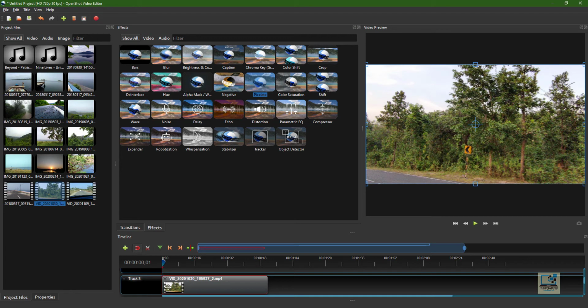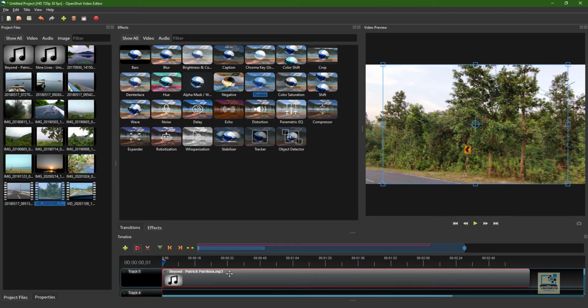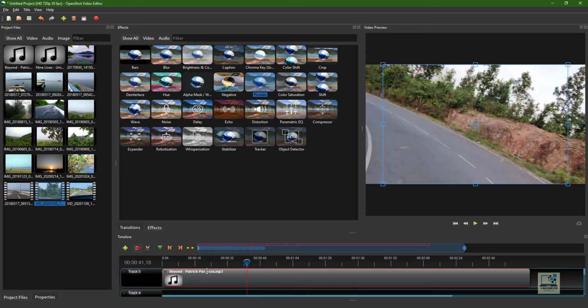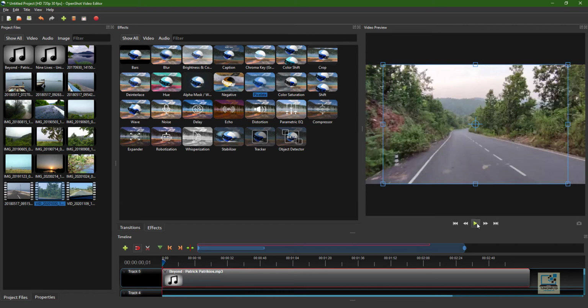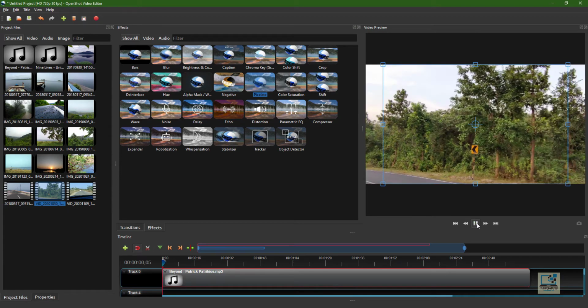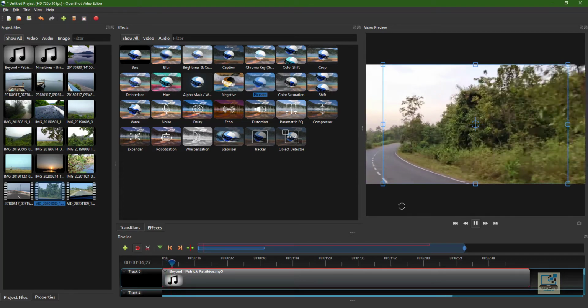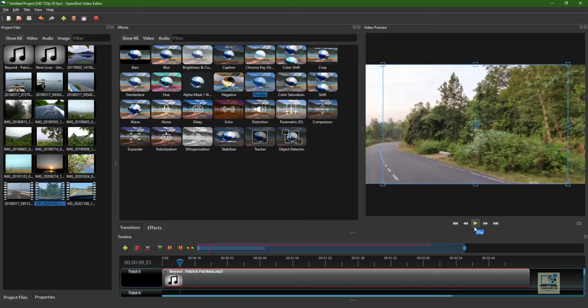So right now I have placed the video file in my timeline, and I have the music also. Now if I play the timeline from the beginning, by the way this is the timeline marker. Wherever you want to see at that point what is the video or the audio which will be played, you can use the timeline marker for that. Let me keep it on the front, and let me play the video and see what is being displayed. Okay, so you can see the audio is playing and the video is there.